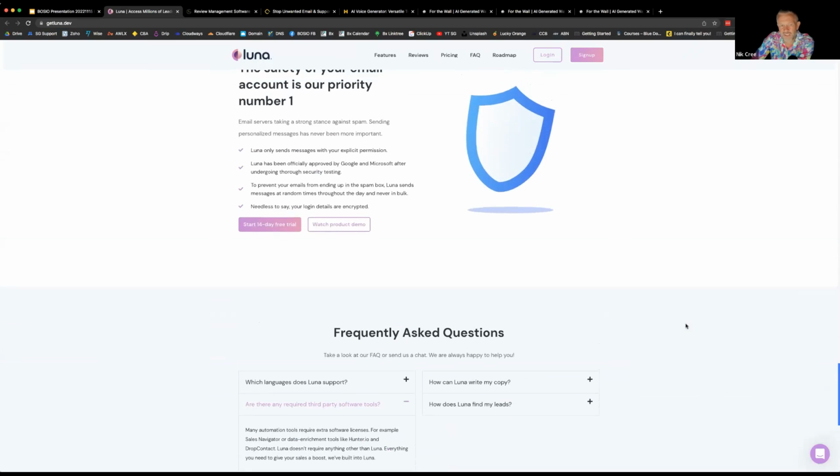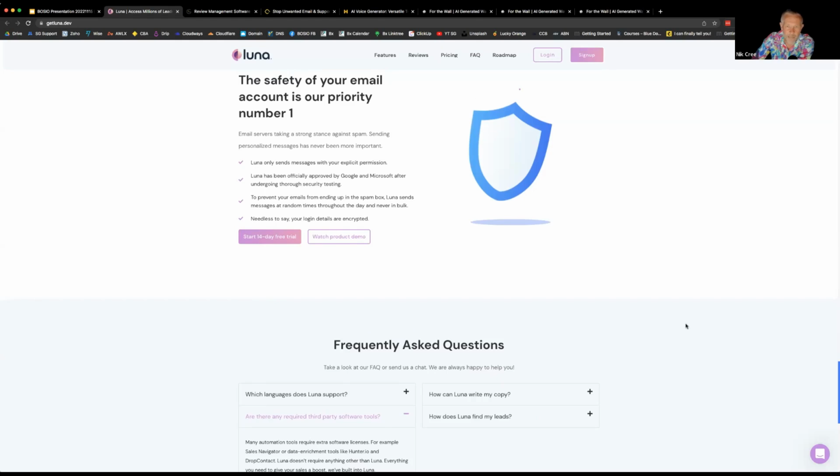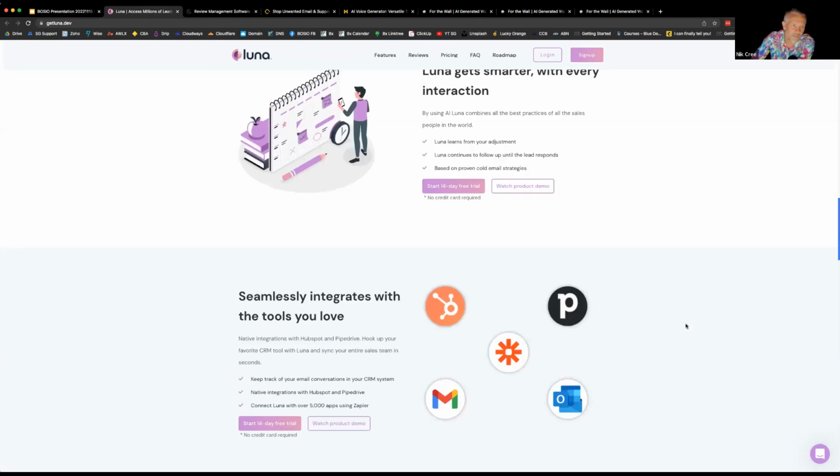So it won't actually send them out in bulk. It'll send them out at random times during the day, but it won't just send them. You'll approve them before it goes. And once you're happy with it, then it can start to just send them out automatically. So that one there is called